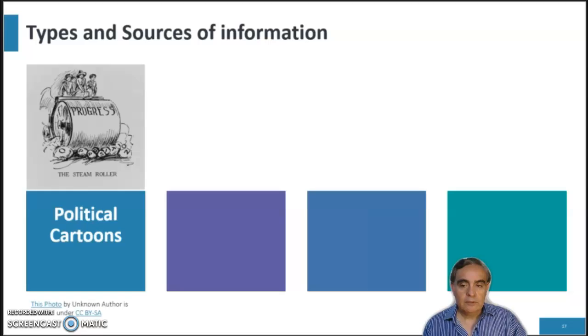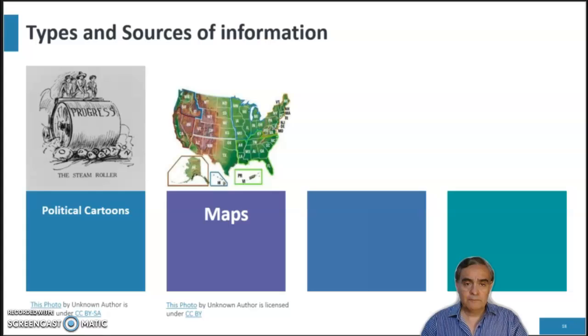First, political cartoons. These cartoons are on current events at the time they were published. They usually represent different points of view in different historical issues or events. In this example of the cartoon, three women are riding a steamroller labeled Progress. It is about the fight for women's right to vote. You will be asked to interpret it and draw conclusions and make inferences.